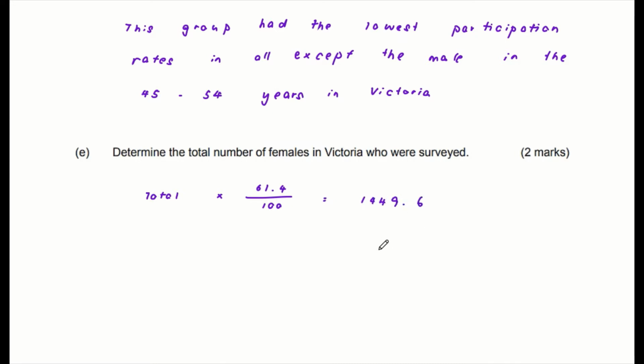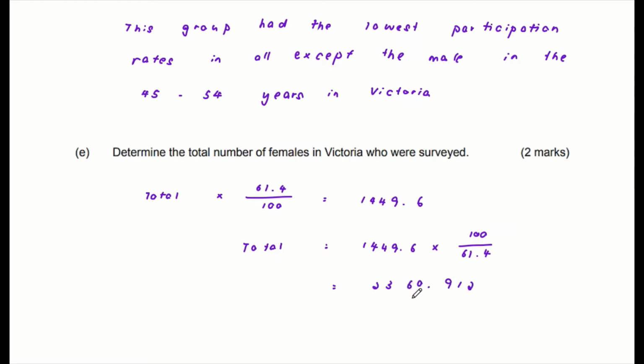So we have a total number that we don't know, but we know that 61.4% of this total gives a value of 1449.6. So we want to find the total here. When we bring it to the back, it becomes divide, or you can write 1449.6 multiplied by 100 over 61.4. Okay, so when you solve this, you will get